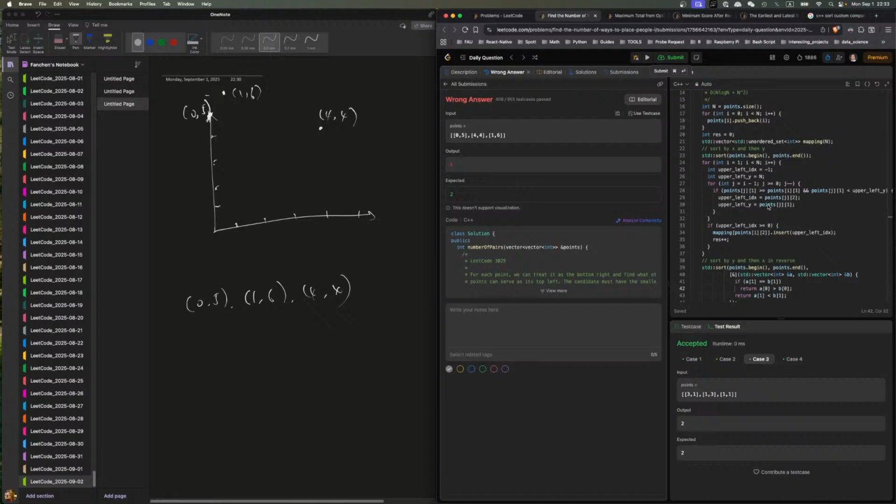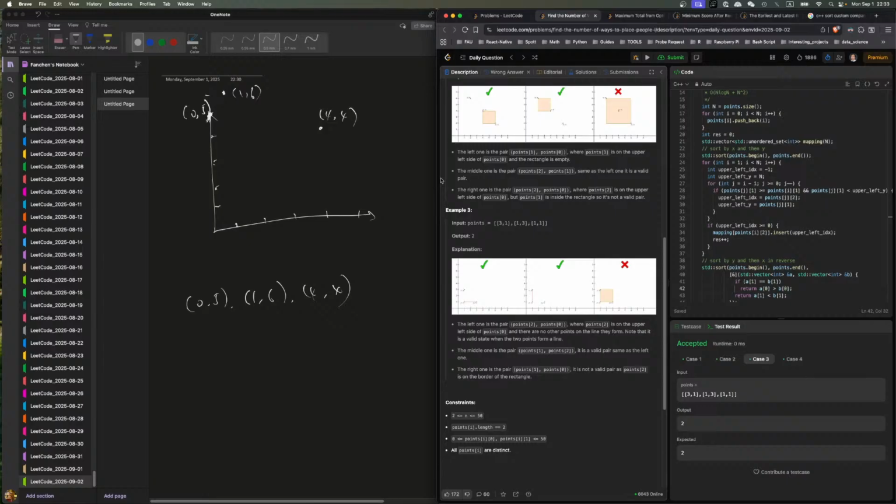Maybe I need to change the algorithm a little bit. Now, this is not going to make it simple. So basically, I need to go this. Maybe I should use a mapping, right? So basically, you can say, okay, when x is 1,